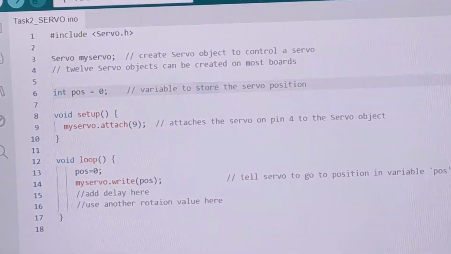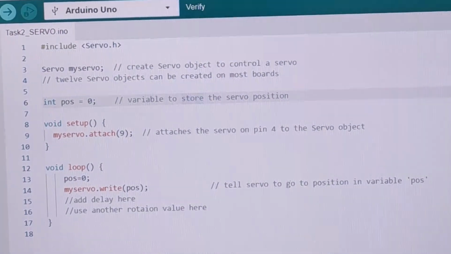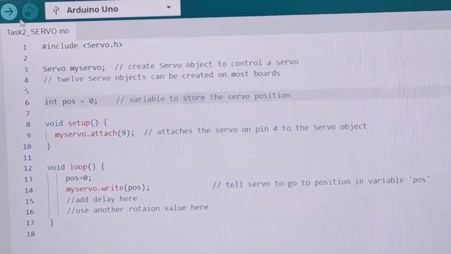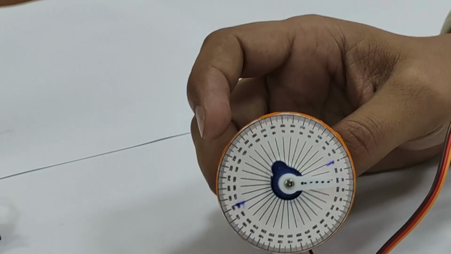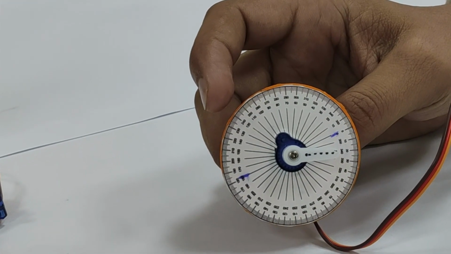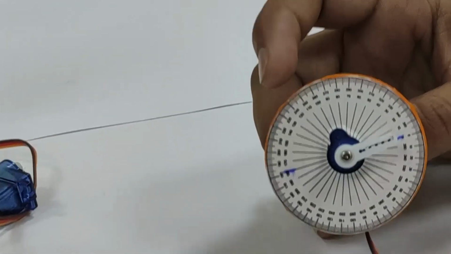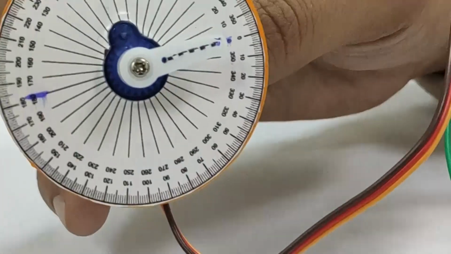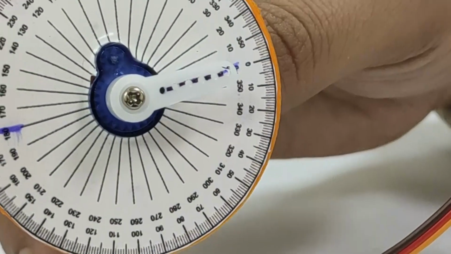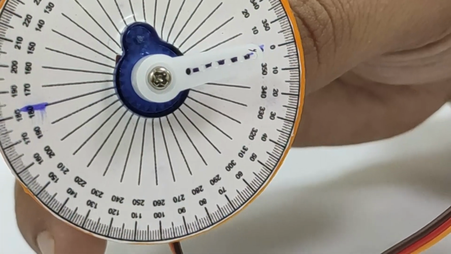Board is set now, so we compile the program, and then run it. Now you can see that it has gone exactly to 0 and stopped there.